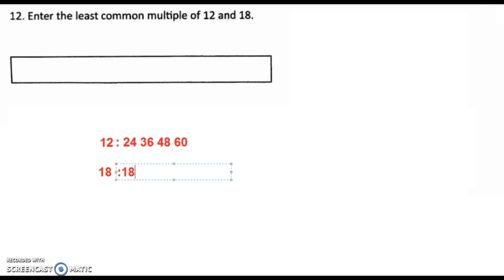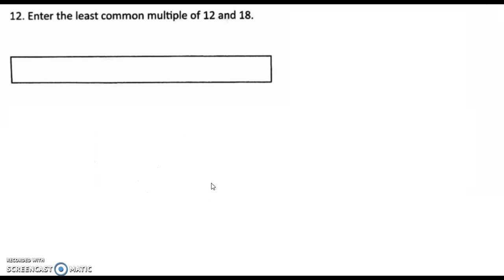otherwise. So I have 18. Next one will be 36. And I don't need to keep going because I have my least common multiple is already here. Right? This is the smallest number that's in both those lists. That's what we're looking for. Another way of doing it